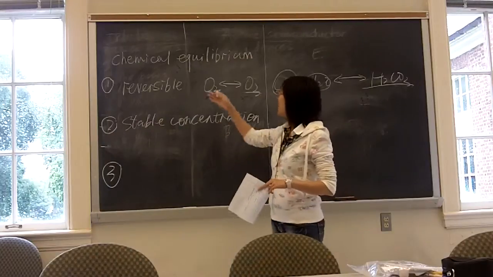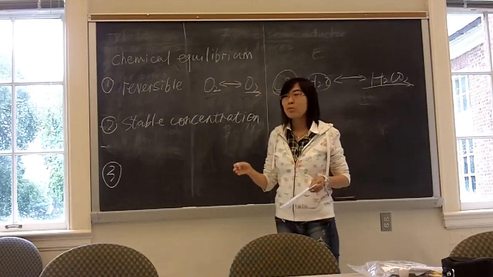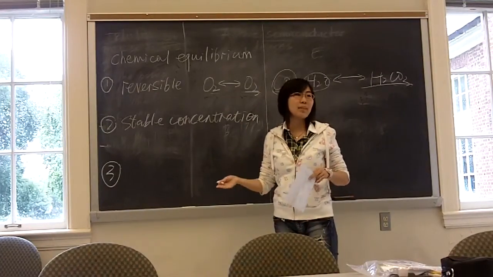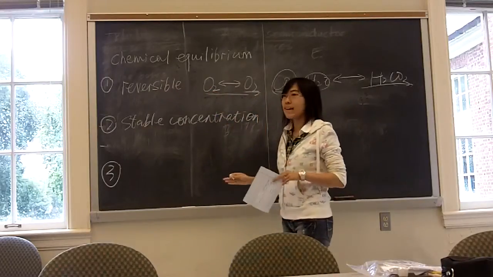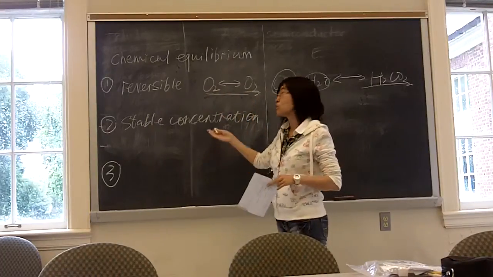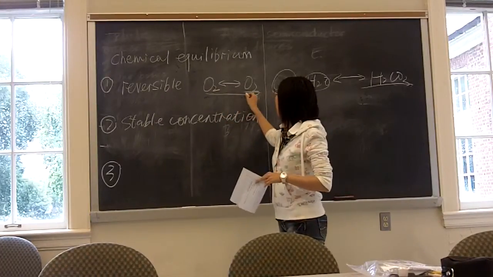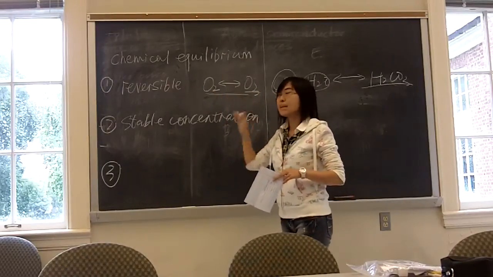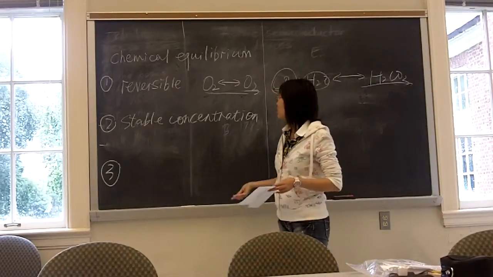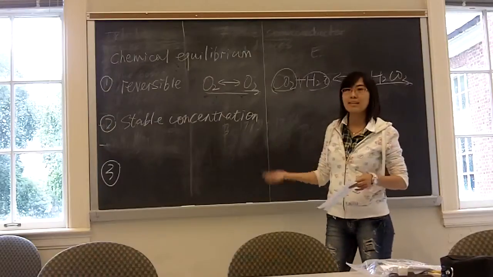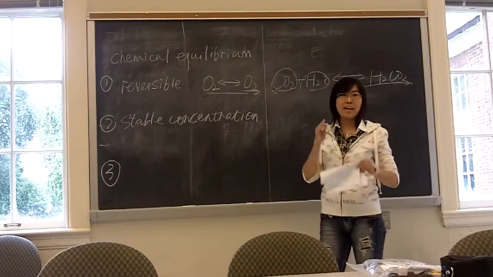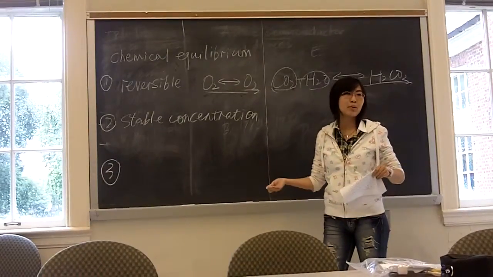And chemical equilibrium actually is a state in which the concentrations of the reactants and the products do not change with time. In this case, we can also say that the transformation rate of oxygen to ozone is equal to the transformation rate of ozone to oxygen. So in a chemical equilibrium, there's no tendency for the quantities of the products and the reactants to change. So next, there are three factors that can influence or break a chemical equilibrium.